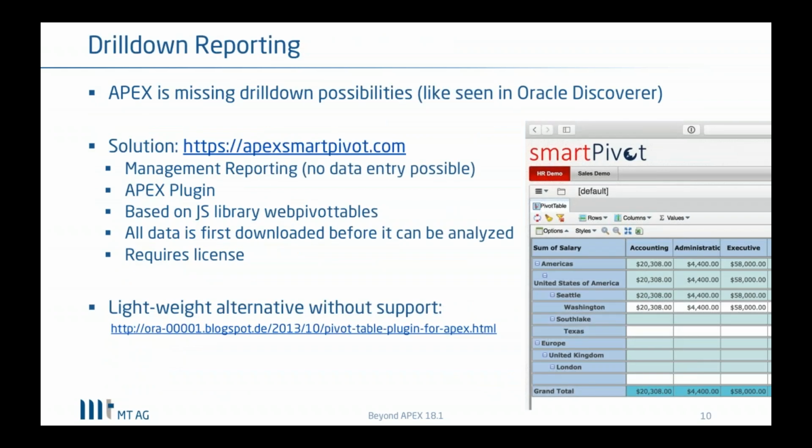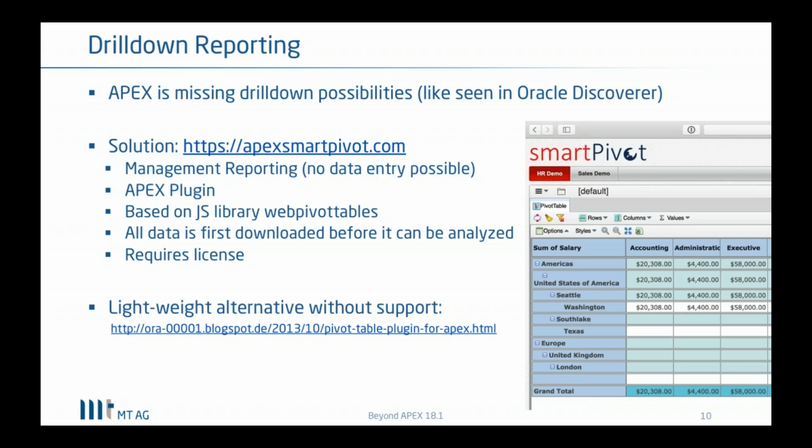So when it comes to drill down reporting, you can do a little bit of reporting with Apex using an interactive report, maybe using an interactive grid. But there is something similar, as you see in the screenshot, to do drill down, to let an end user, a business user, actually work with the report and decide themselves which kind of data they would like to see. In the past, this kind of functionality was delivered by Oracle Discoverer, a separate product.